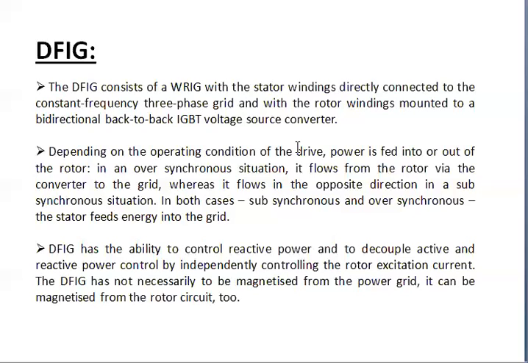With the purpose of voltage control, the size of the converter is not related to the total generator power but to the selected speed range and hence to the slip power. Thus, the cost of the converter increases when the speed range around the synchronous speed becomes wider, and the selection of the speed range is therefore based on the economic optimization of the investment cost and on the increased efficiency. A drawback of the DFIG is the inevitable need for slip rings. So this is about the DFIG operation and how the DFIG will work.